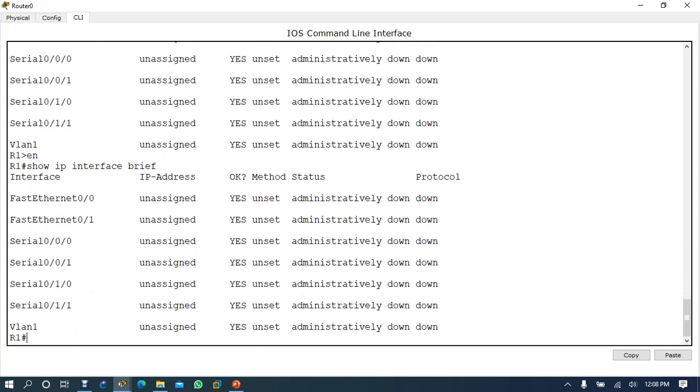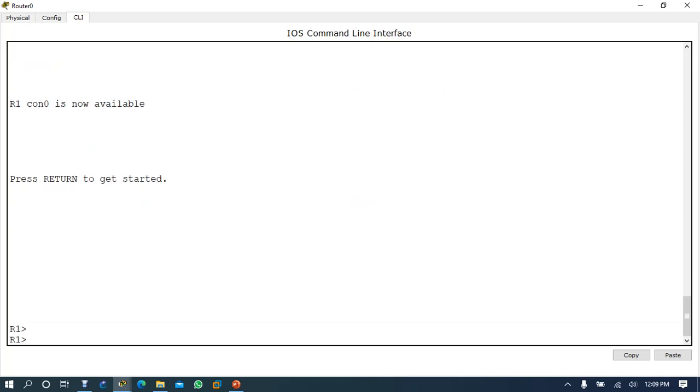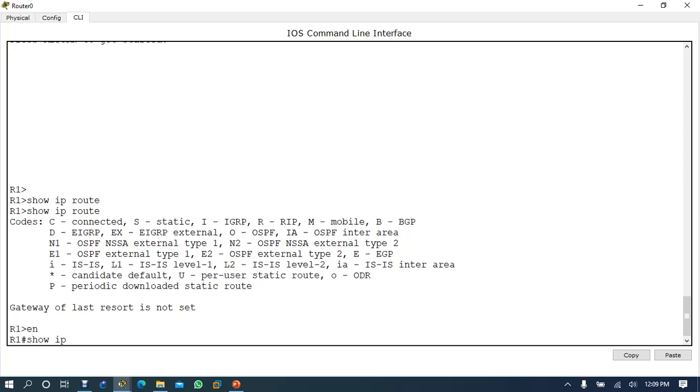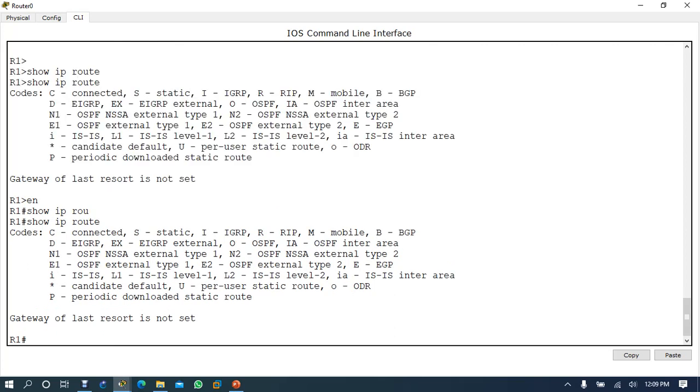But the commands which are predefined only for privilege mode, those commands you cannot run in user mode, like show IP route. You can run show IP route after enable.